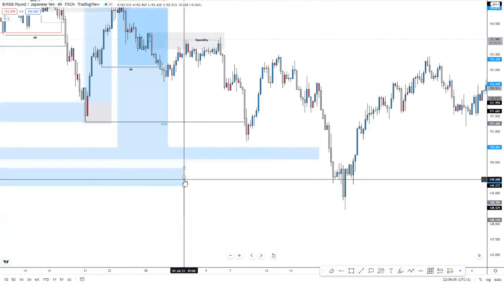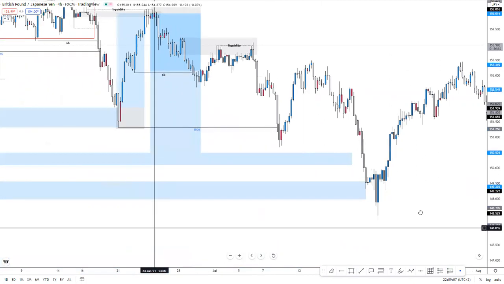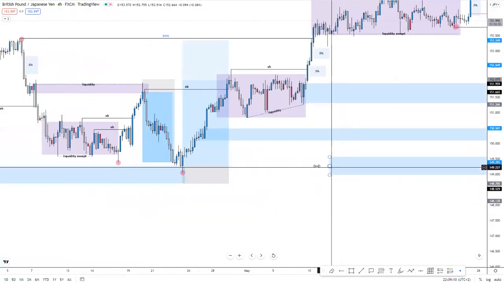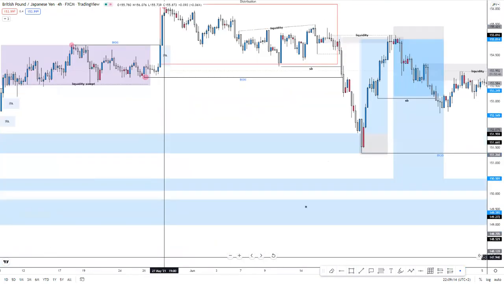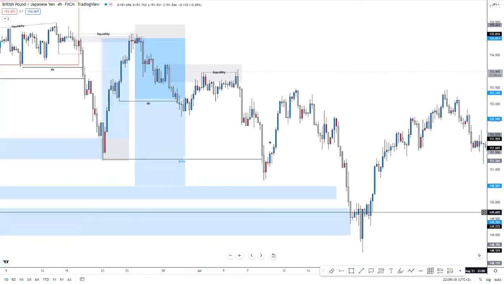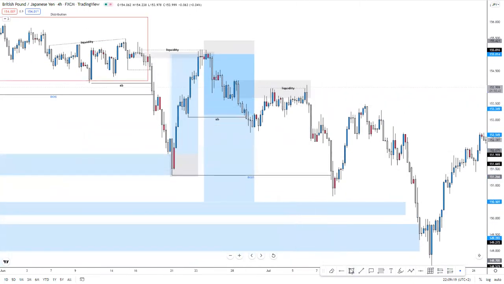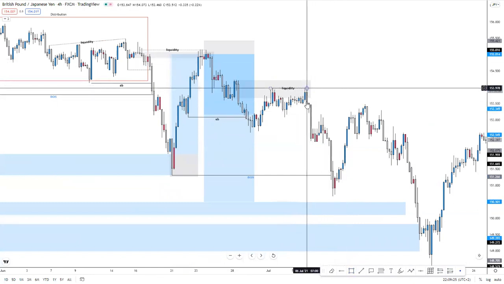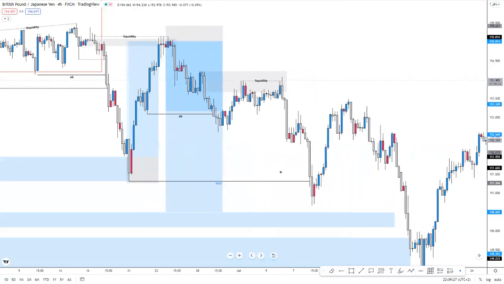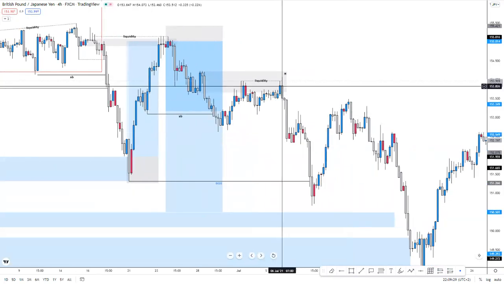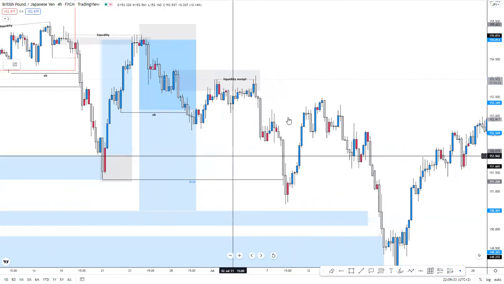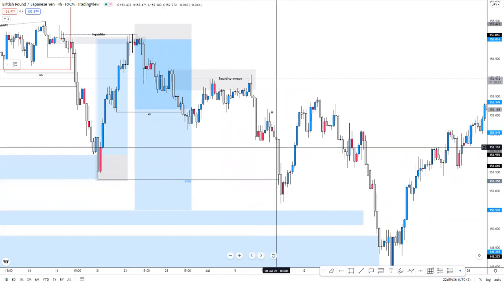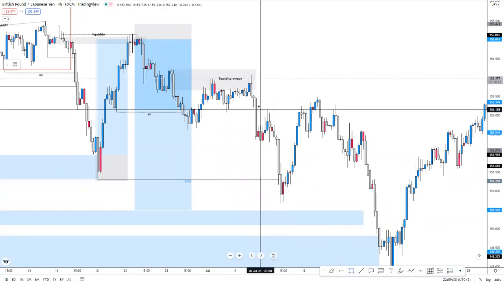Obviously, we are targeting these main areas of interest. Expands. Where's the next level of structure? Within this candle here, guys, I noticed something. Within this candle, we actually strip liquidity. So liquidity strips, right? Which means now that this expansion, this order block is now valid to be used,